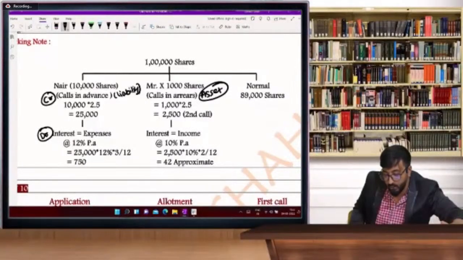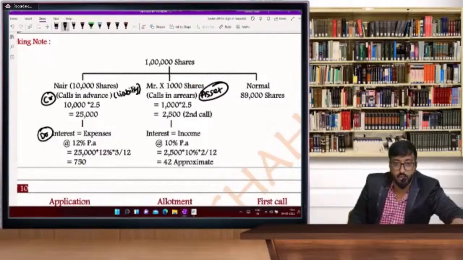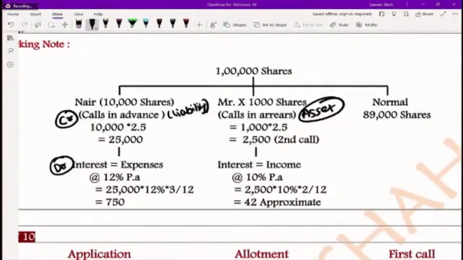This chart is very important, beta. We have to write this. Shiba Khan, very good beta, very good. Calls in advance, you have done this. Shiba Khan did it correctly. Yes, now entries. A+ category question, huh? A+ category. A+ category question, sir.